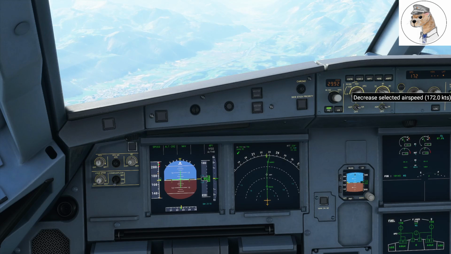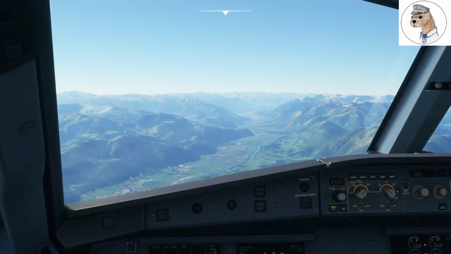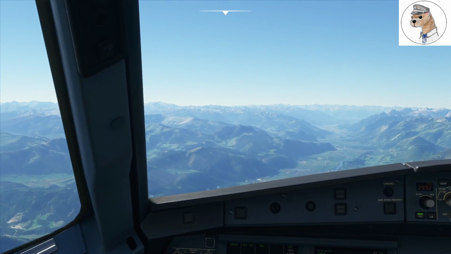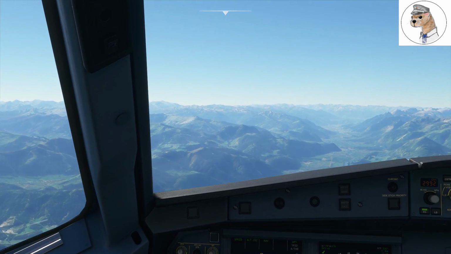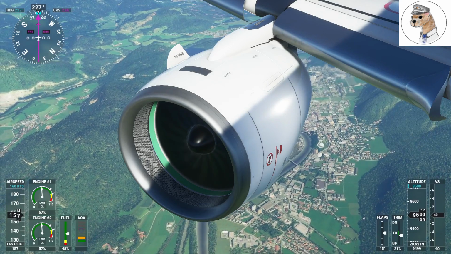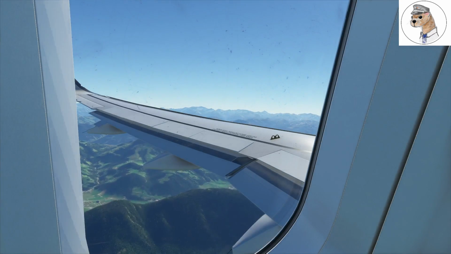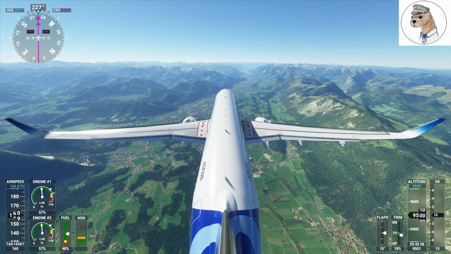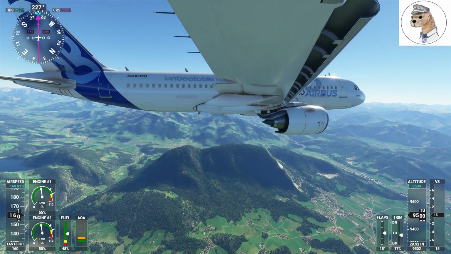In today's video, we're going to be going over the general section of the operating manual, and in this section, essentially, it's a description of the plane as a whole, as well as some of the general restrictions of the aircraft, and there's a number of diagrams that aid that. So, without further ado, let's